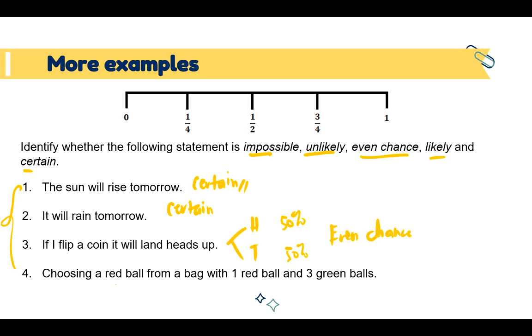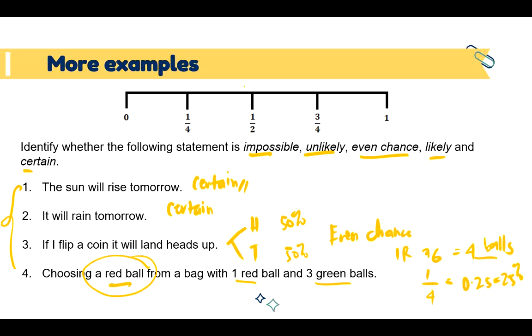Number 4, choosing a red ball from a bag with 1 red and 3 green. So, ang outcome mo is meron ka daw isang red, meron kang 3 green. So, therefore, meron kang 4 balls. Ang favorable outcome mo o yung kinukuha mo lang na probability is red. So, ilan ba ang red mo? Isa lang. So, 1/4. Bakit 4? Kasi yung total outcome mo. Kung nahihirapan kang ma-visualize saan ba nagpo-fall out si 1/4 in fraction form, convert mo sa decimal. So, if you convert 1/4 into decimal, you will get 0.25. Okay? Or sa percent, 25%.